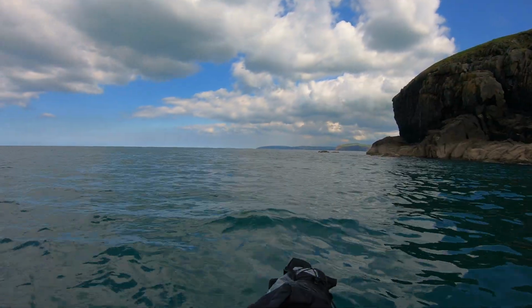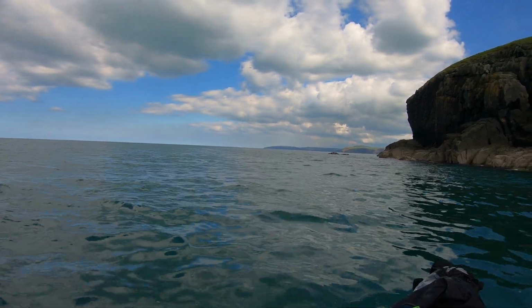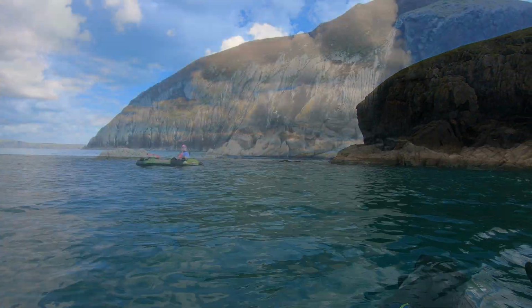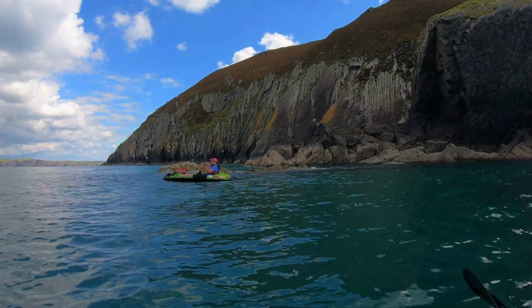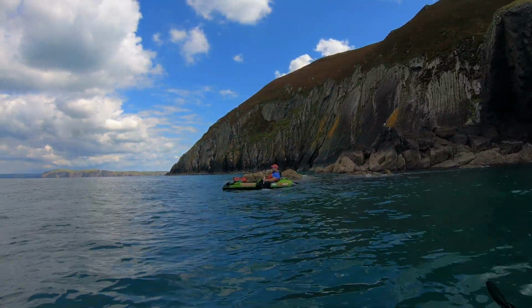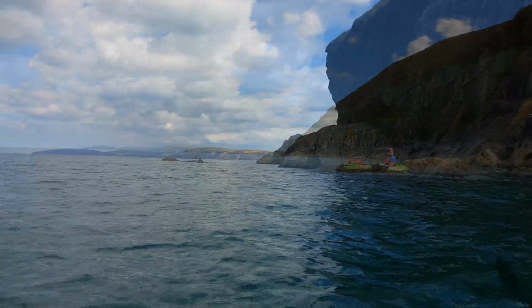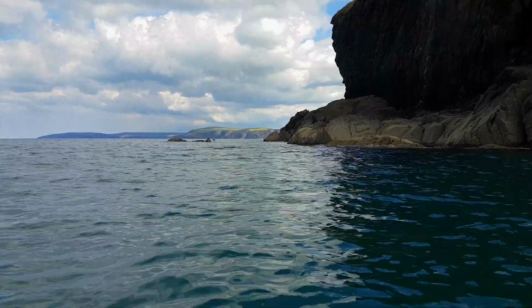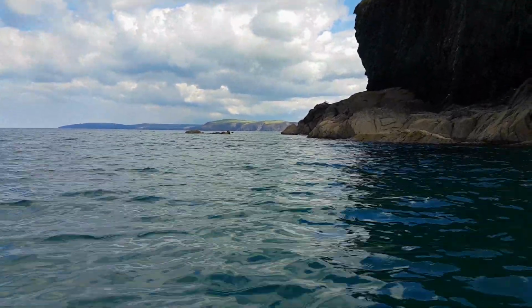As we come around the point of Dinas Head, you can start to get some really good views looking northwards up Cardigan Bay. As with all of our sea kayaks, we planned what the sea conditions were going to be like by checking on surfforecast.com, which gives you the sea swell forecast. If you're thinking of doing this route and want to check the sea conditions, then the nearest location on surfforecast.com